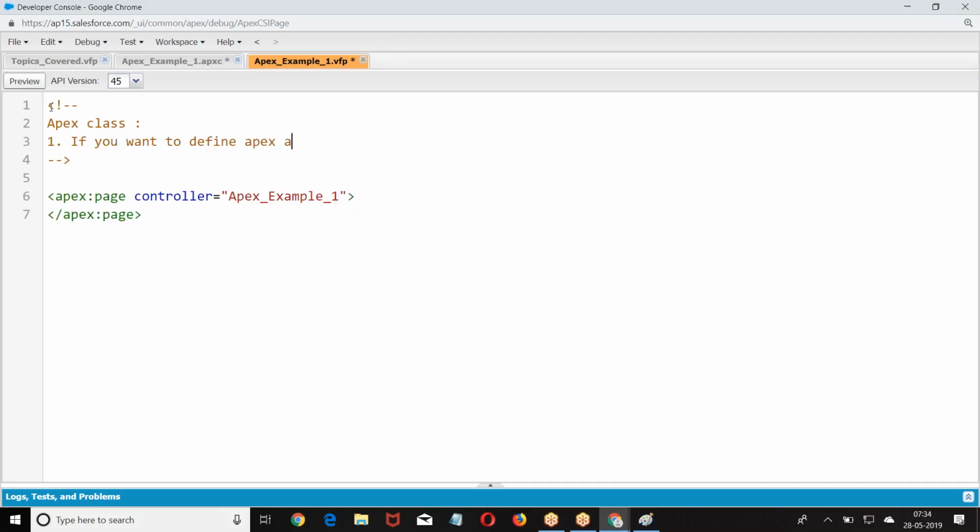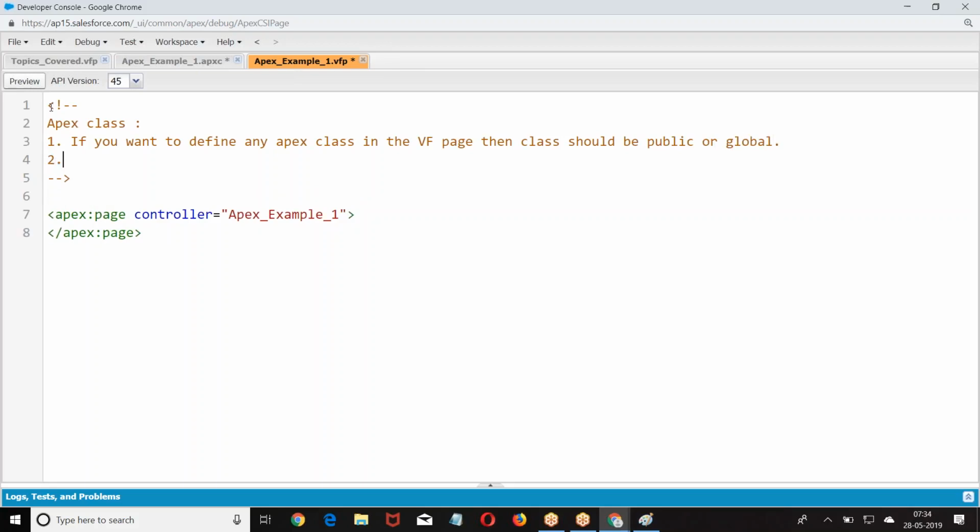If you want to define any Apex class in the VF page, then the class should be public or global.